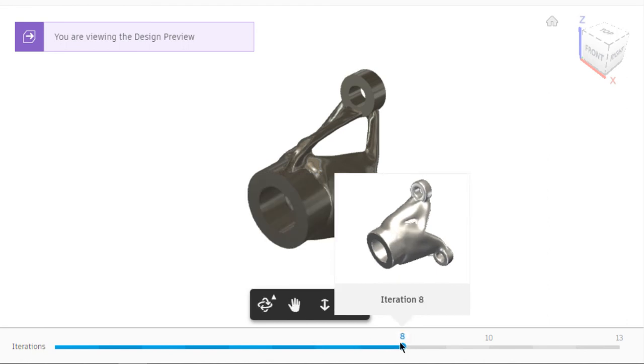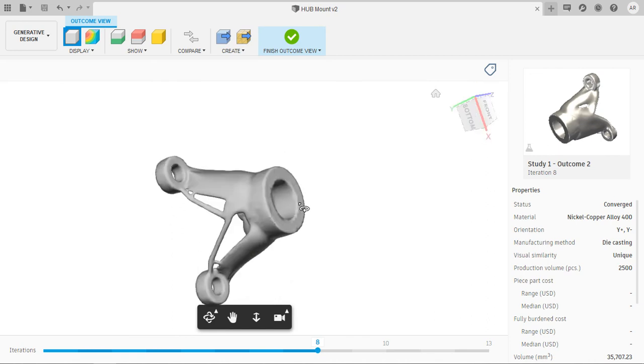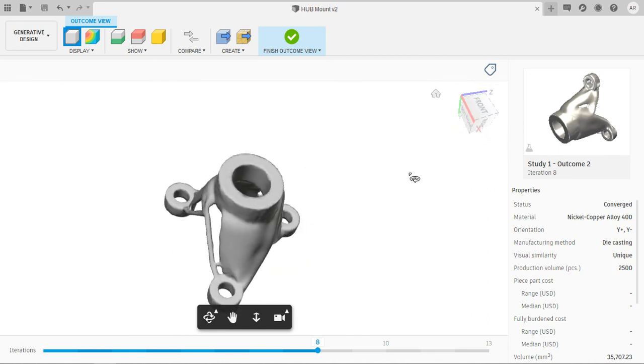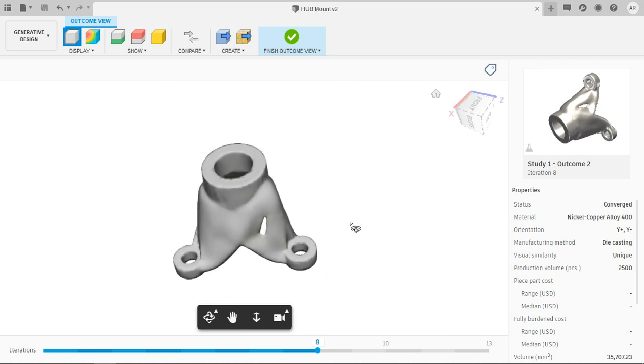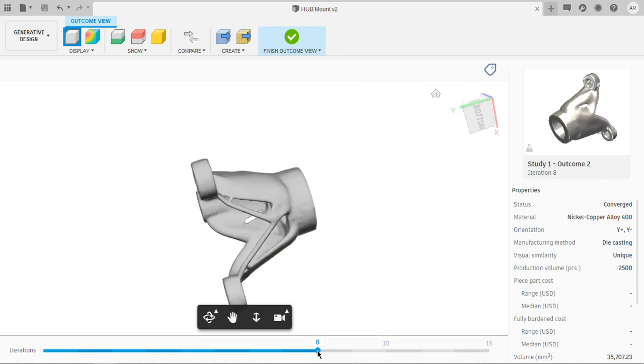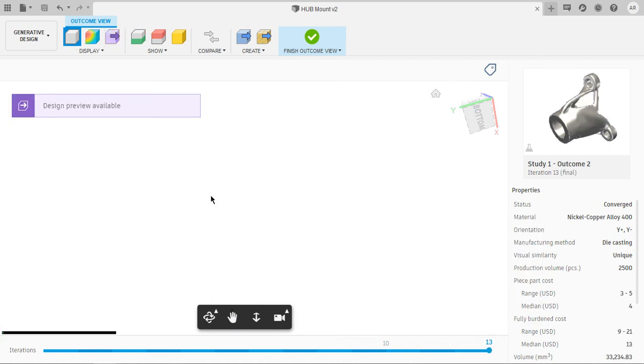At any point of time, you can get back to a previous iteration and explore the various properties if you want. At this iteration, the preview looks like this, and we don't have the design preview outcome at this iteration, but still you can export this outcome for your design if you want. I'm going to put this to iteration number 13, and I'm going to explore the options that we have in here.